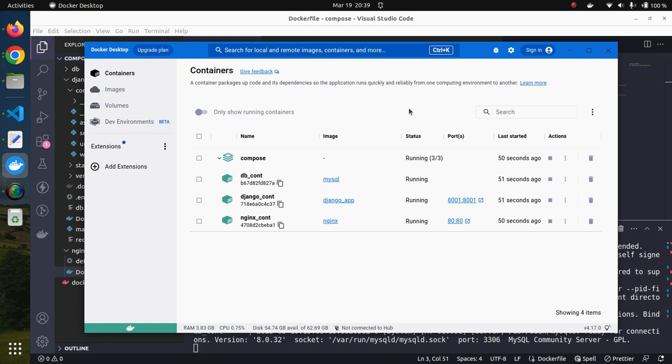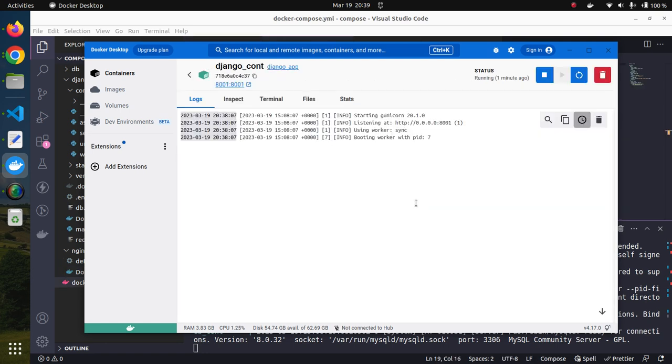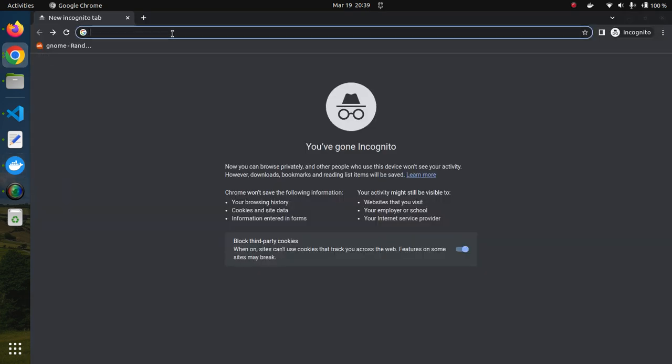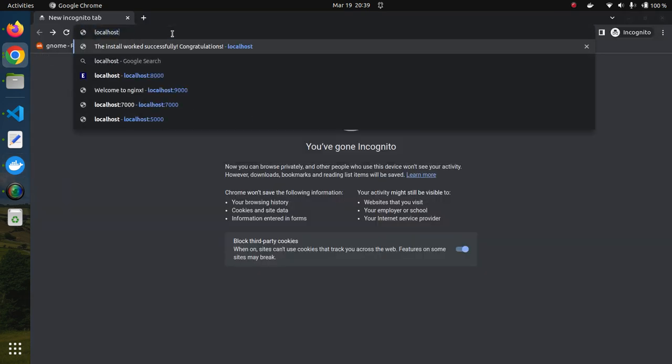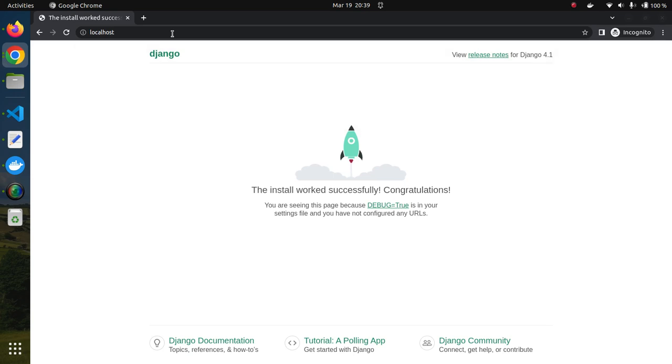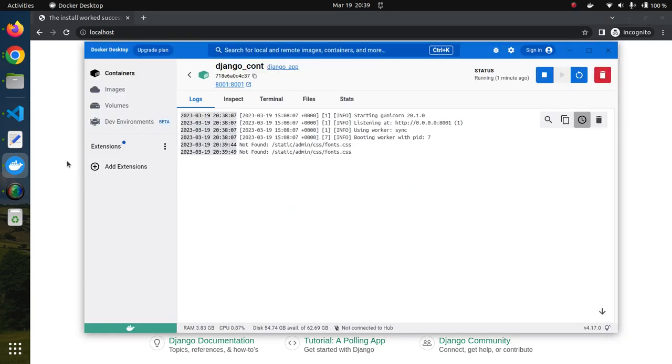Now inspect something more. Our Django container is also running fine, no issues. So let's go to the browser and try to access localhost. So our Django application is running fine, and we are getting the content. This is a very base installation, nothing fancy. Our application is running fine in all the three separate containers, as three